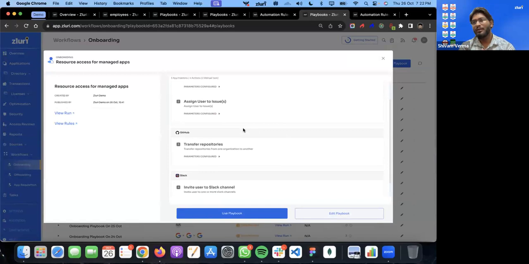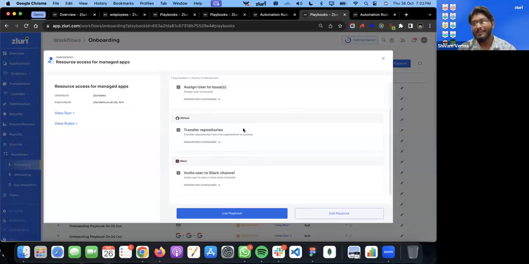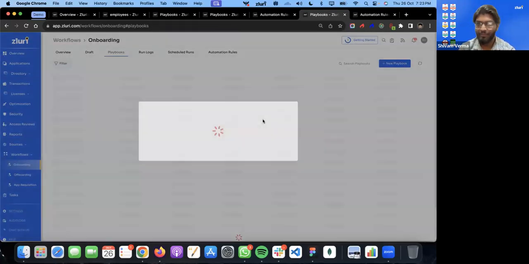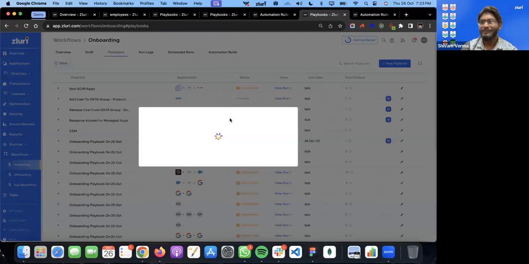And as an engineer or ex-engineer, whatever repositories that I own, I might want to transfer those to my senior developer or my technical lead, right? Similarly, I would want access to new Slack channels as soon as I moved into the product department. You can go in depth into these access level controls, and not just for these 3 applications, but we provide the same access control for over 150 applications.